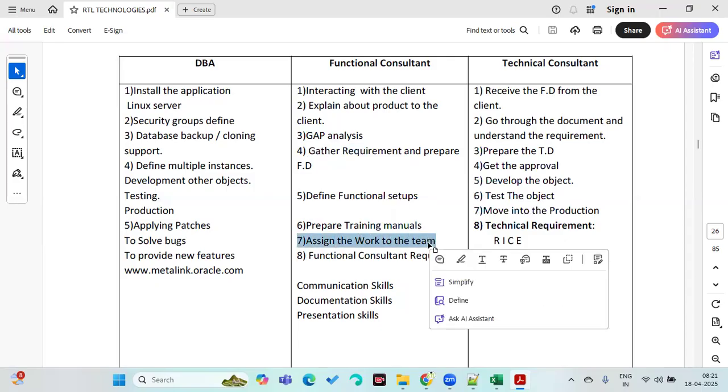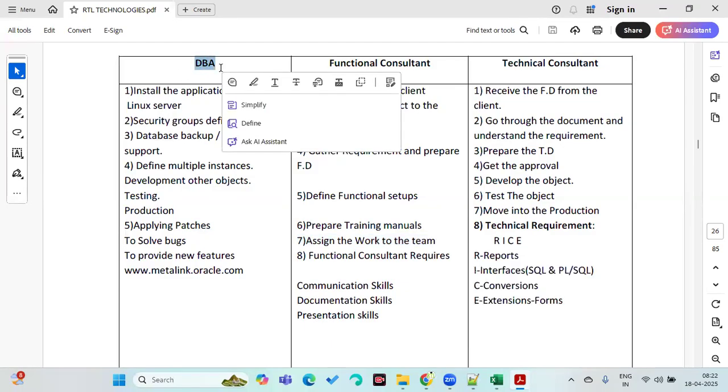For example, at the end of the day, I want to take all this backup. I have another software. At the end of the day, all this information should be transferred to another software. So I want to take this backup of the entire business, whatever we have done, the entire transactions. So that is a DBA related job. So DBA will take care of it.